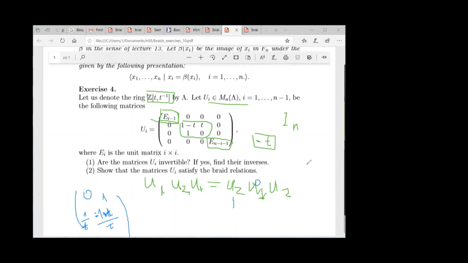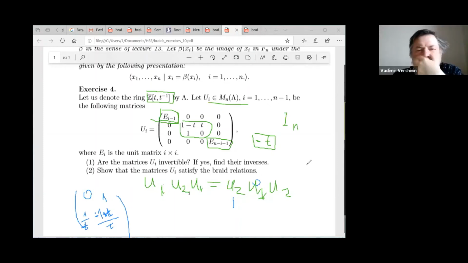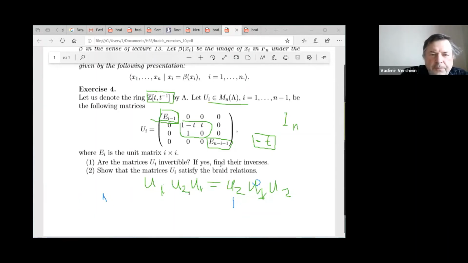This is very difficult. Okay, let us skip it. This is calculations of matrices, so let's skip. Very good. Okay. But I can only say that it is true for all i,